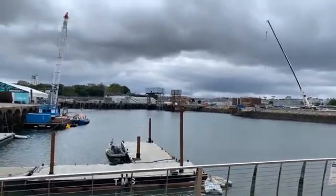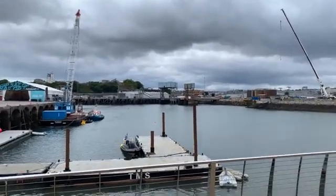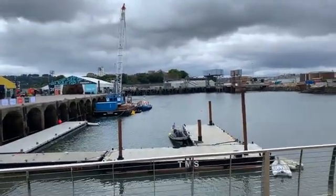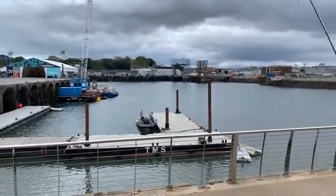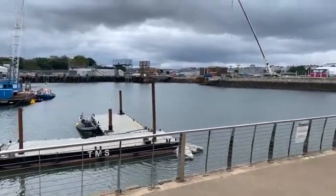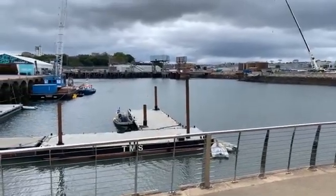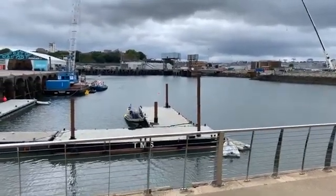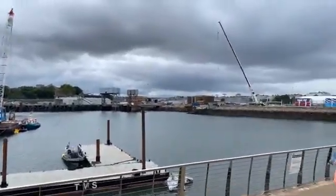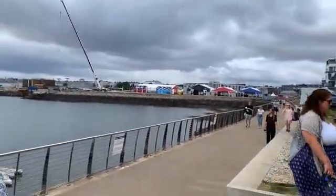Good afternoon, everyone. It's Matt from Plymouth Live, and we are live from the SailGP technical area, where the Duchess of Cambridge has visited the site and taken part in an event race this afternoon. It's believed she's still in Plymouth, but the media side of things has ended, so we're just going to take a walk around towards the Hoe and maybe get a start of the SailGP event today. If you're not sure where we are in Mill Bay at the moment,